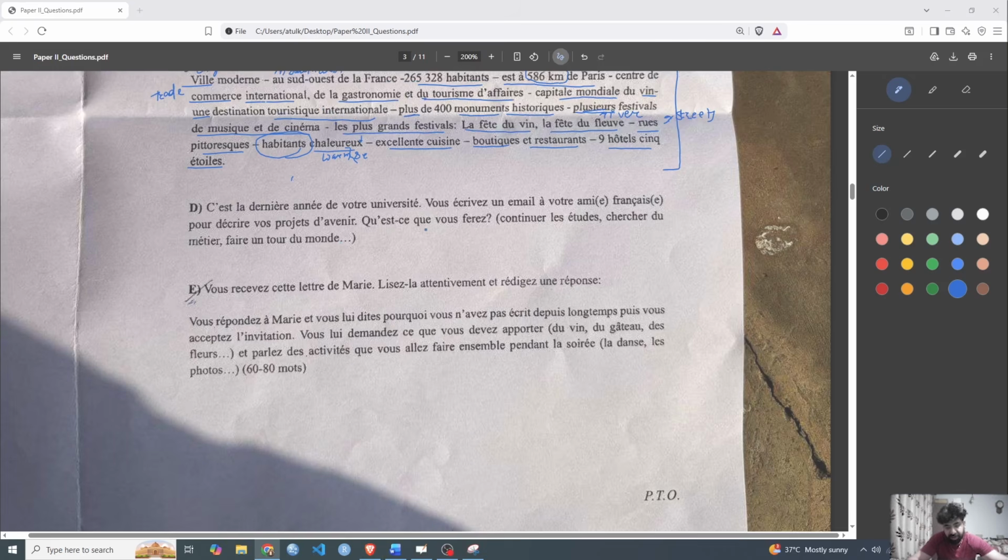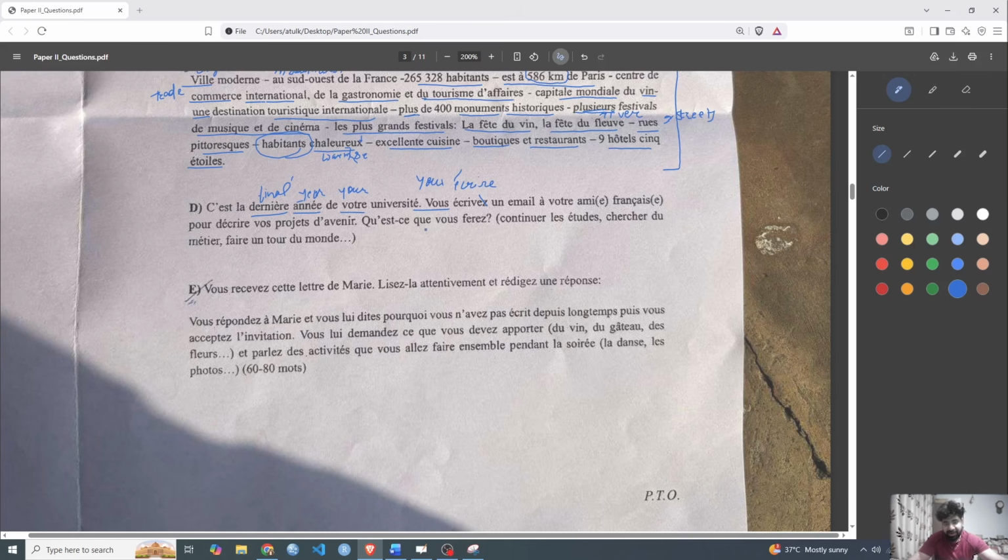Okay, so it says "la dernière année de votre université". So basically this and this are the main keywords here. This is year and this is finals. So this is your final year in your university, basically your college. This is the final year of your college. You écrivez, a career, a verb which is written like this: écrire, to write. You write